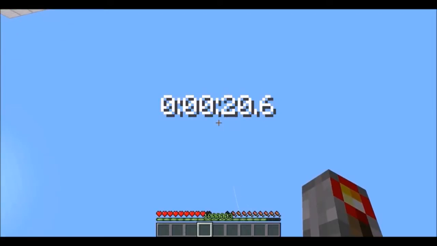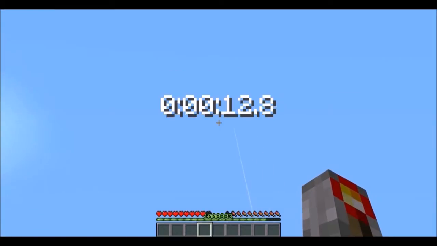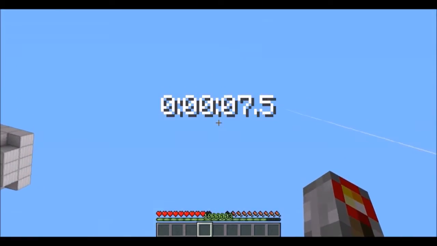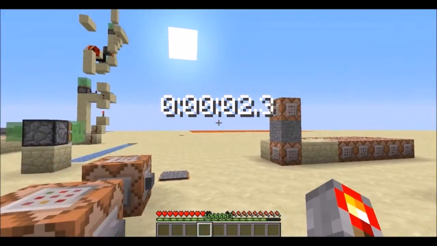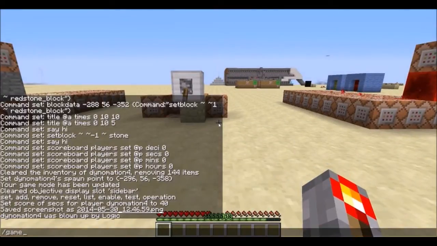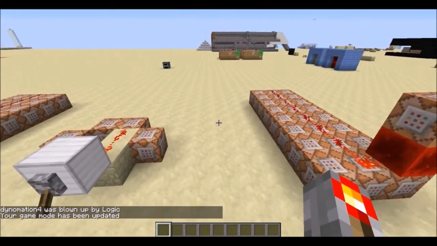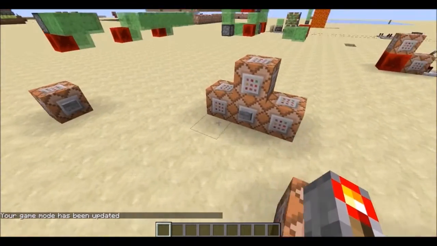Hello everyone, this is Animation 4, and as you can see, I only have 18 seconds to live. And I can see this because there's a number across my screen, and I'm going to die soon, so I am sad. Yeah, so basically, what I got here is simply put a timer using the new title features in Snapshot 14w21b, which I